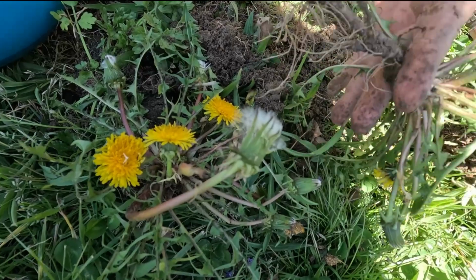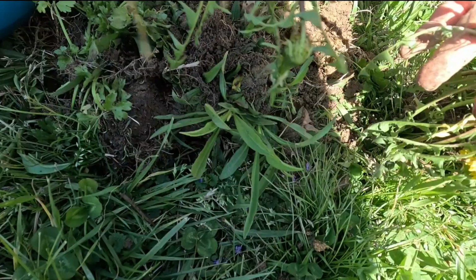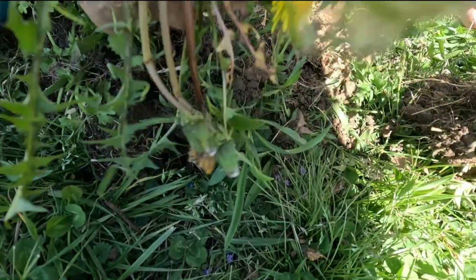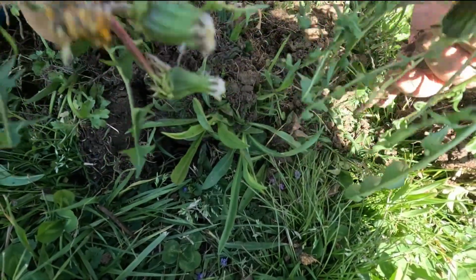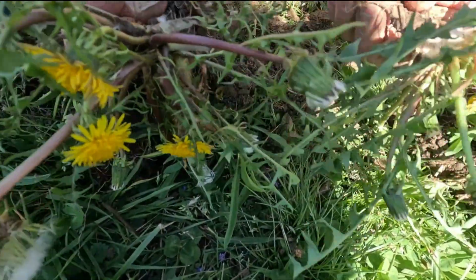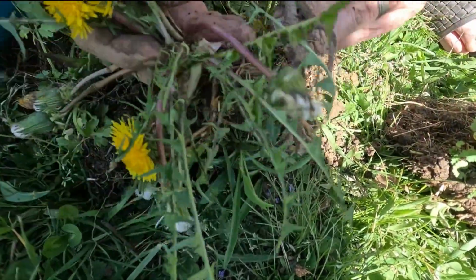But I'm not getting many of them that are really long. A lot of them are about this size here. So you really don't know what you're getting into until you actually dig it up. Well, if possible, we're going to save maybe some of the greens. Some of these greens look kind of shriveled up. Probably the roots for the most part. All right, so after we get some more dug up, then we'll go ahead and go inside, clean them up,